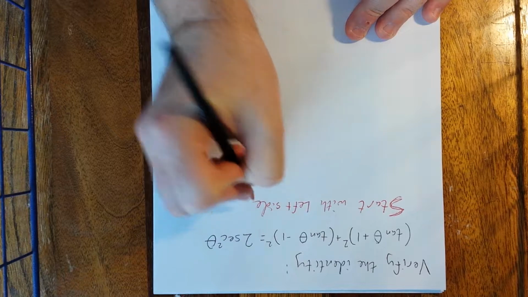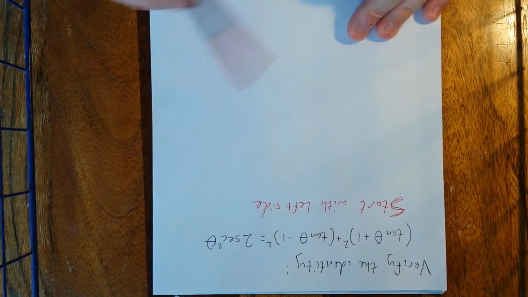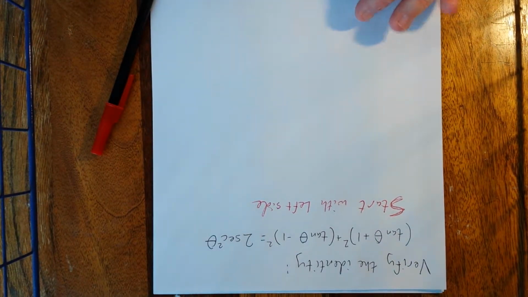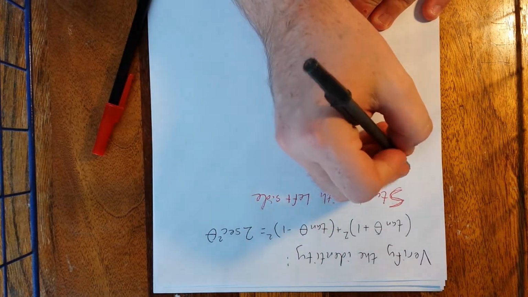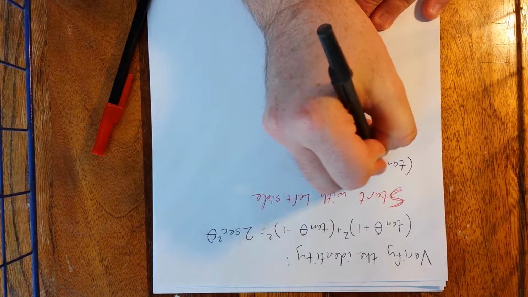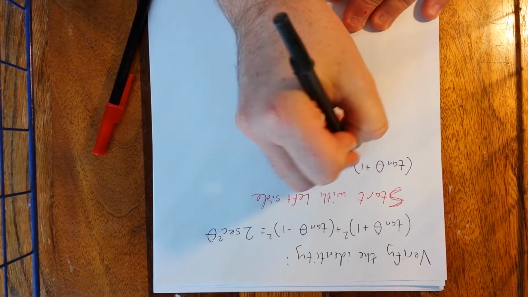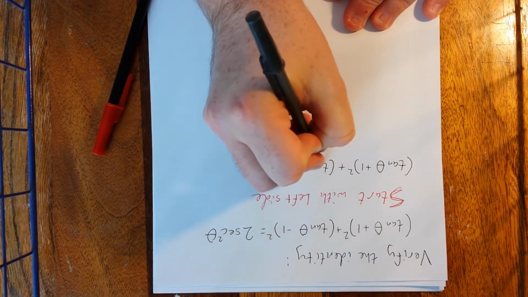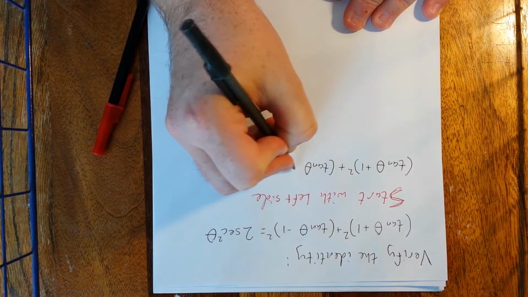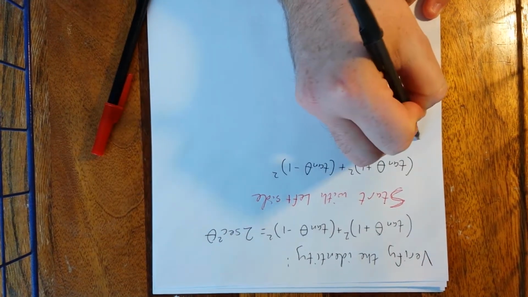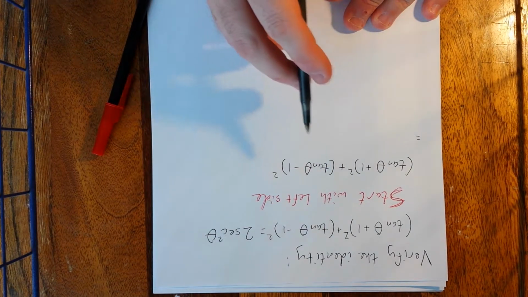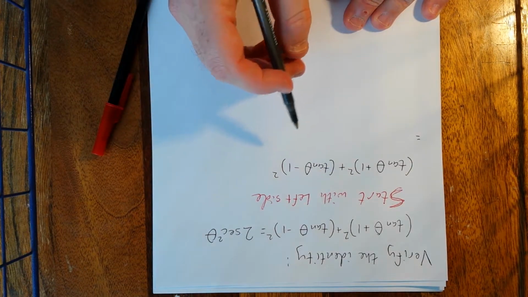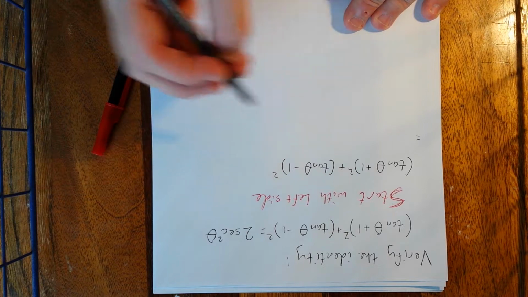Now, unlike regular old algebra, in algebra you're allowed to manipulate both sides. To verify an identity, we're supposed to start with one side and end at the other side. We can't manipulate both sides. Now, I'm also going to do my best to justify every single step that I make. So, we'll do some algebra and some trigonometry in black, and then we will write down what we did in